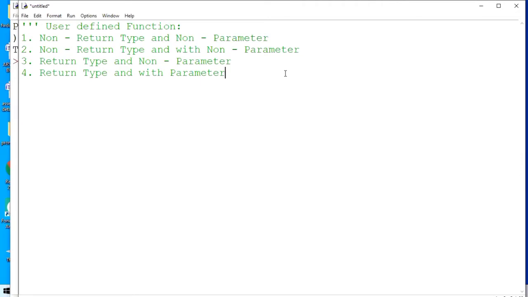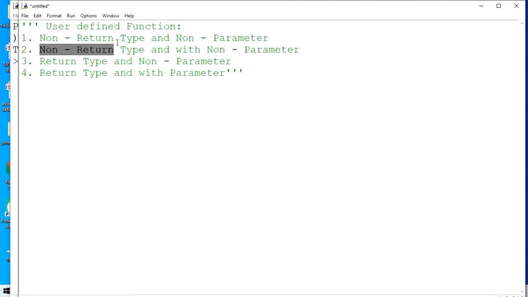Now one by one I am going to demonstrate it. But before the demonstration, let's think about all these four categories: when we can create them and why we have to create a non-return type or return type, with parameter or without parameter. Even non-return type is also a variety of return type, which is trying to return you none. A special value will be returned and the name of that value is none. That we have learned earlier also.